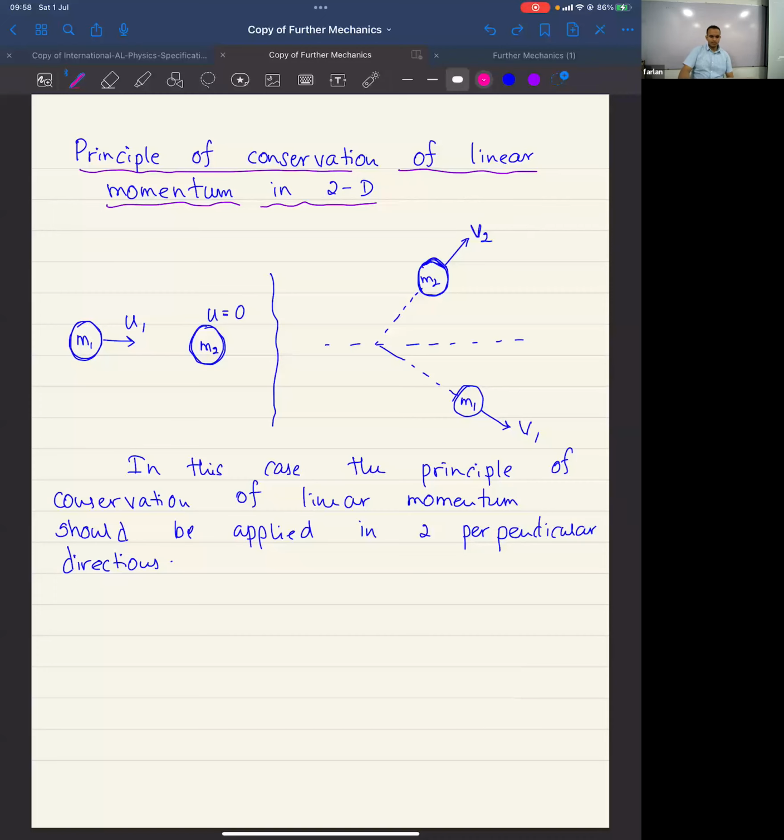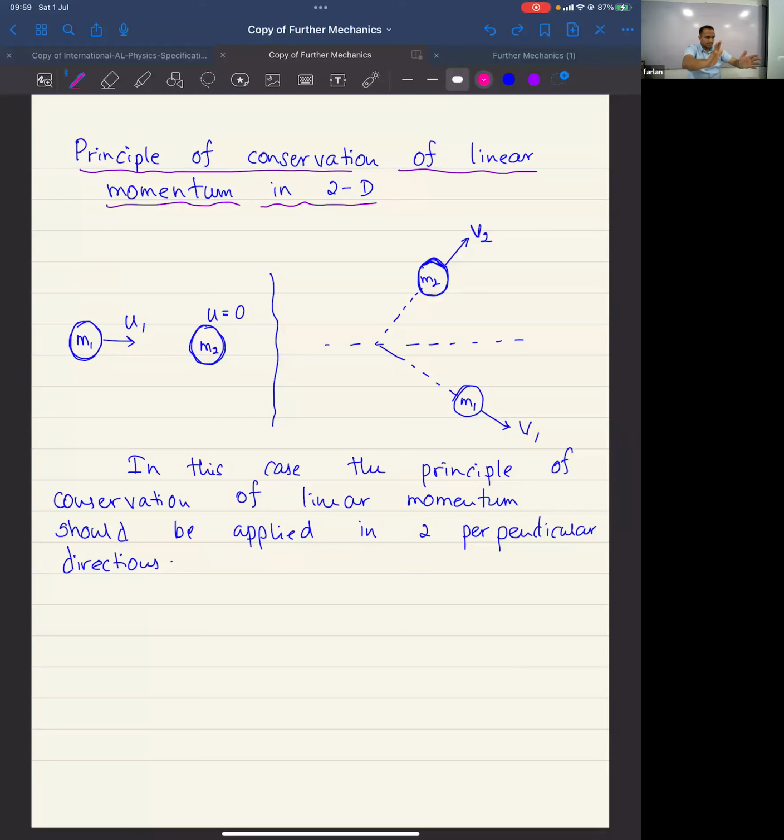Okay. Right. Guys, how many of you can't remember what the principle of conservation of linear momentum is? It's okay. Tell me the truth. Put your hands up. So everyone can remember what conservation of linear momentum is, right? Simply, in a collision, in a particular direction, the total momentum of the system before the collision is equal to the total momentum of the system after the collision. Very simple law.